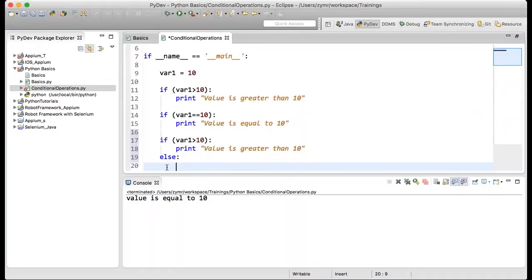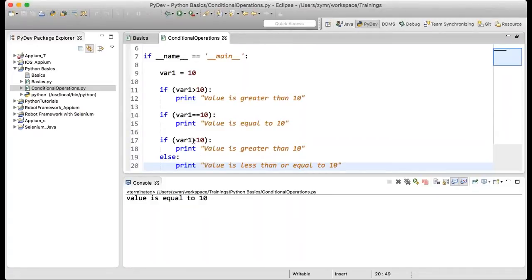And then I will say print, because either the value can be greater than 10 or it can be less than or equal to 10, right? So print value is less than or equal to 10.